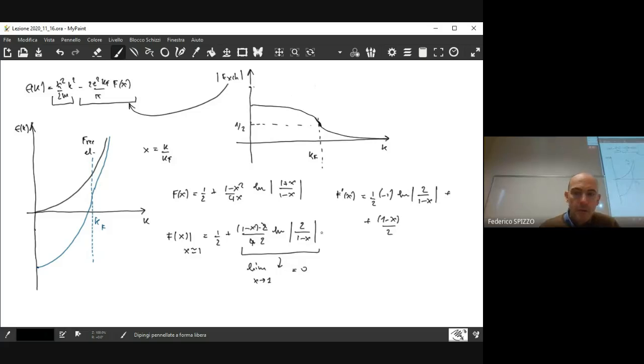And let's assume that 1 minus x is positive. If we suppose that the limit when we consider x going to 1 is from 1 minus, so we are approaching 1 from values of x that are smaller than 1, then 1 minus x is positive. So I may just remove the absolute value and leave there 2 divided by 1 minus x. At that point, I have 1 minus x divided by 2 times the derivative of that, that is